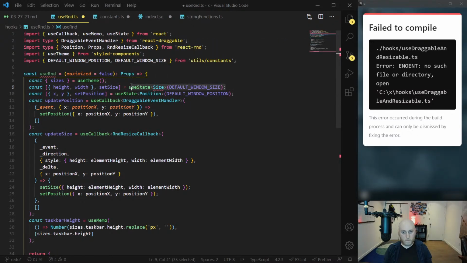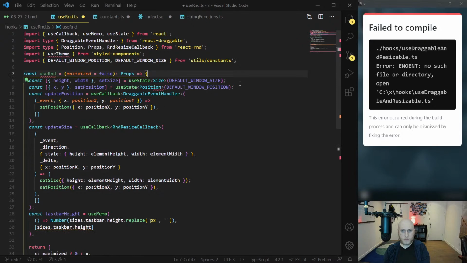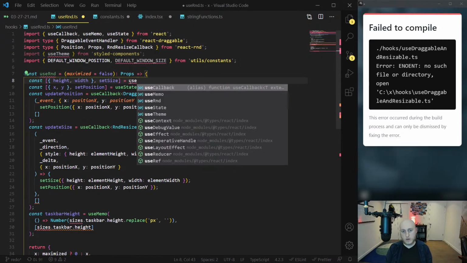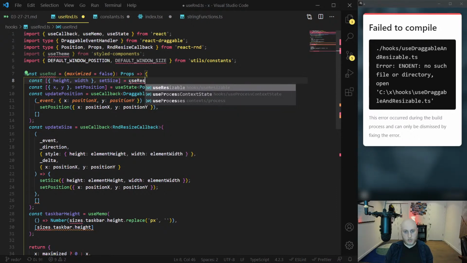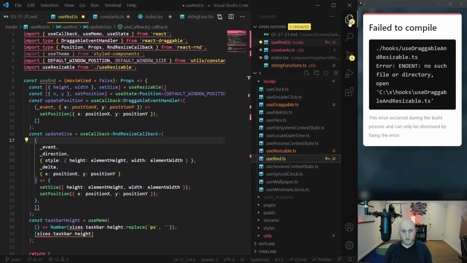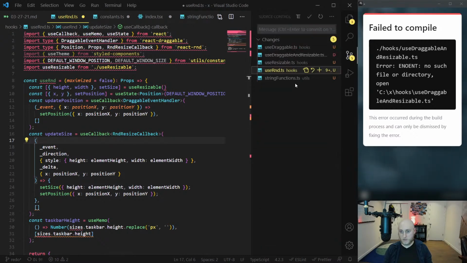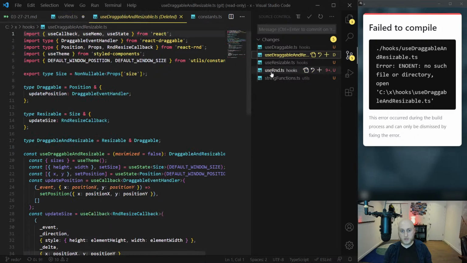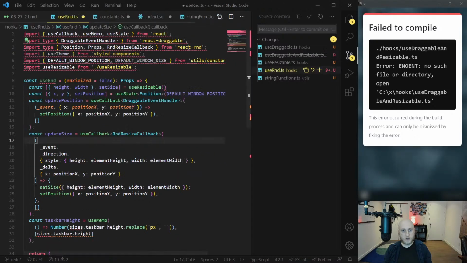So, yeah, it'll be like useResizable in this case. There we go. What did I just delete a second ago? Did I delete something I needed? I don't think so. Let me double check. Let me look at my changes here. I totally deleted something I needed, I think. No, I didn't. But what I need is to know